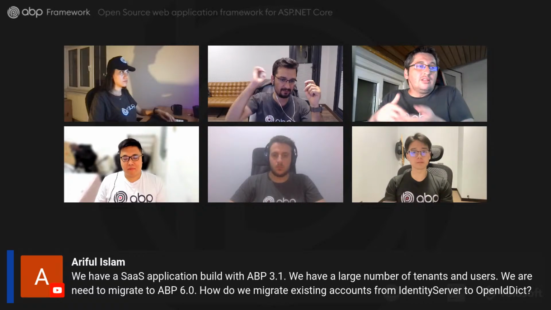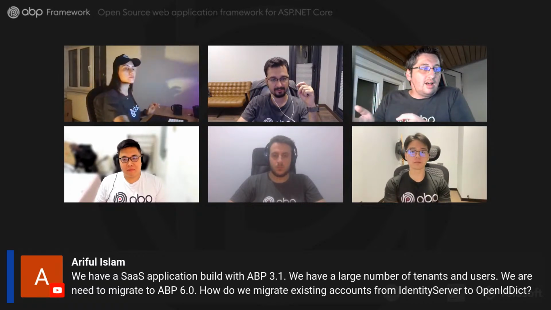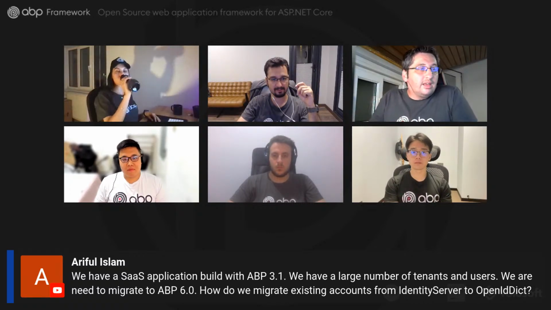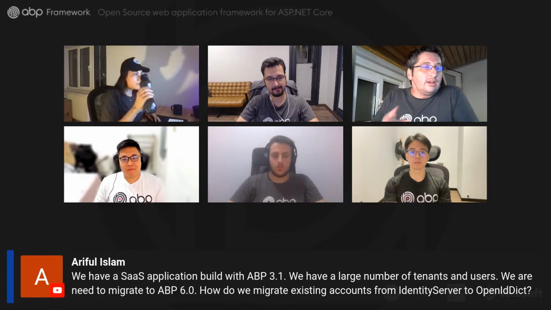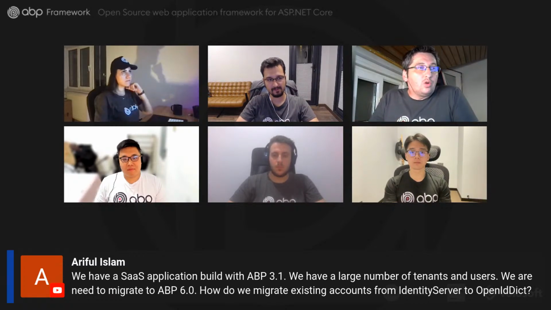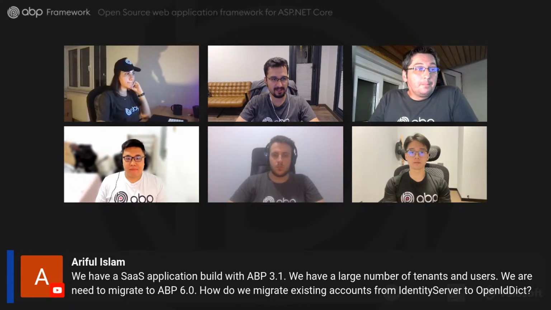Like I have mentioned, the tenants are located inside the SaaS tables, and users are in a different place. IdentityServer and OpenID don't have anything to do with your users or tenants. Thanks to ABP's great modularity, multi-tenancy is a different module and it hasn't changed. Identity is also a different module, which stores users, roles, and other stuff. Permission management is a different module which stores roles and user permissions. Everything remains the same, except